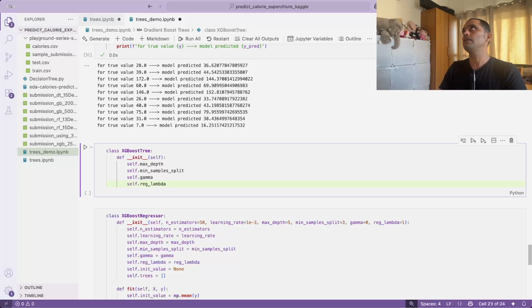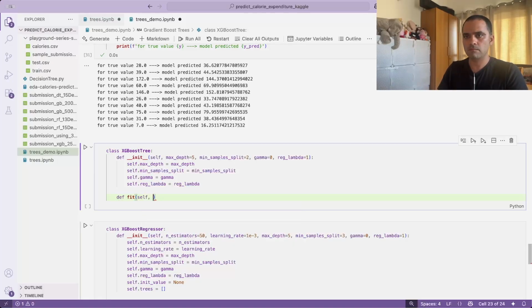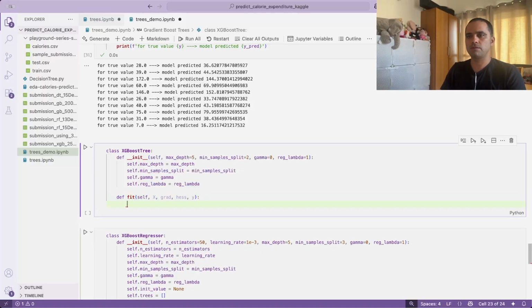This will return a tree, and yeah, that's it. For this fit function in this tree, we need gradient and Hessian. Y may be optional because what happens here is